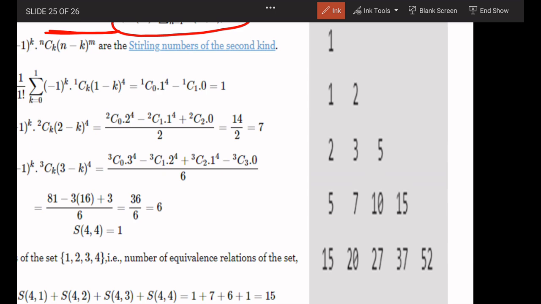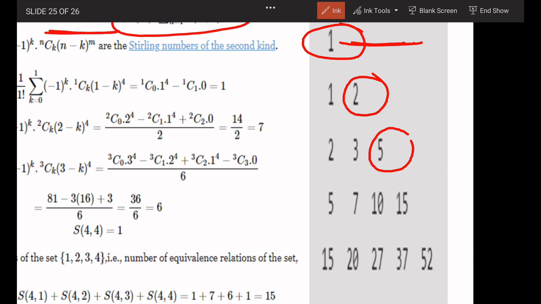If there is only one element, then the total number of equivalence relations is 1. If there are 2 elements, then the total is 2. If there are 3 elements, then the total number of equivalence relations is 5. If there are 4 elements, then equivalence relations are 15. If there are 5 elements in set A, then the total number of equivalence relations is 52. Okay, so my question was, if there are,